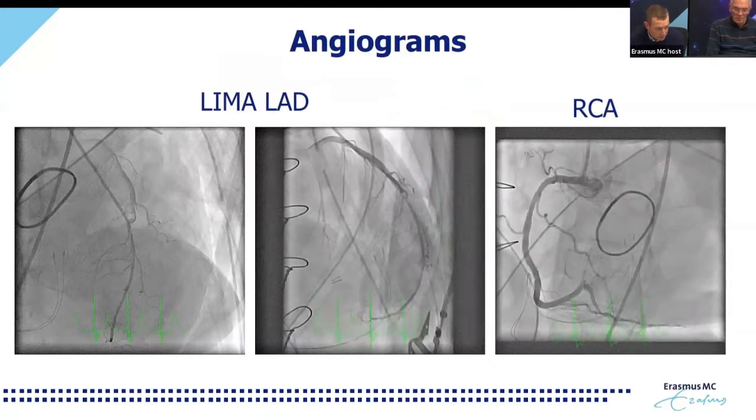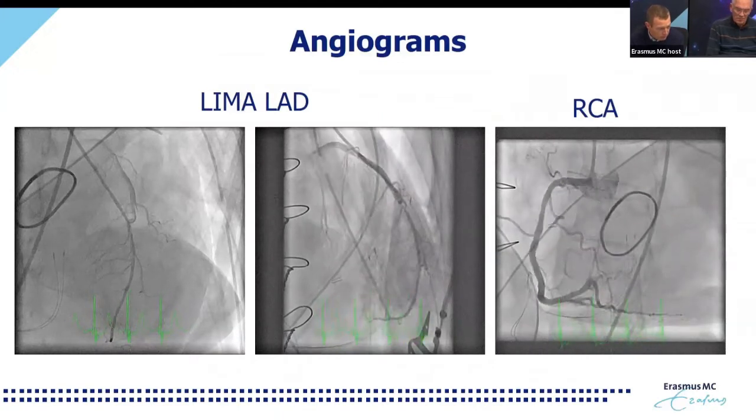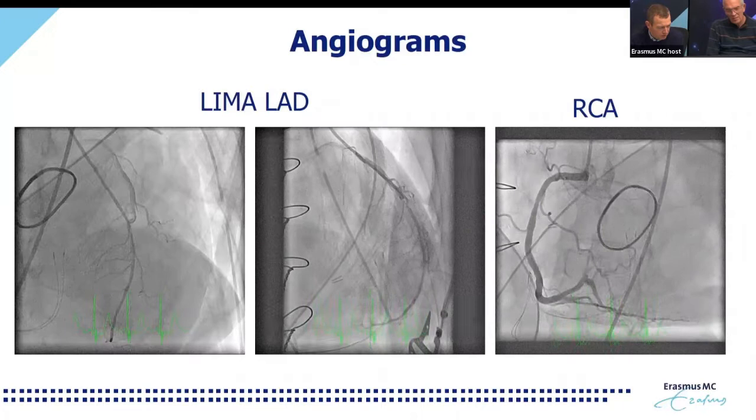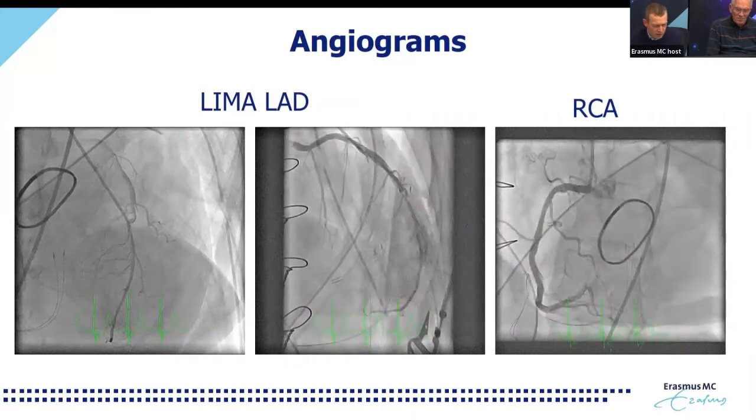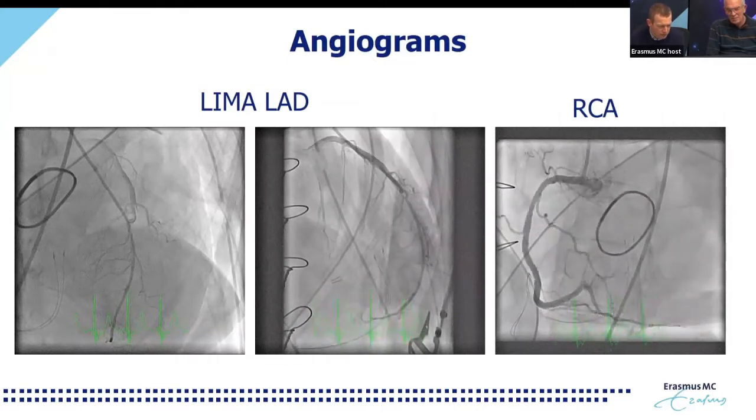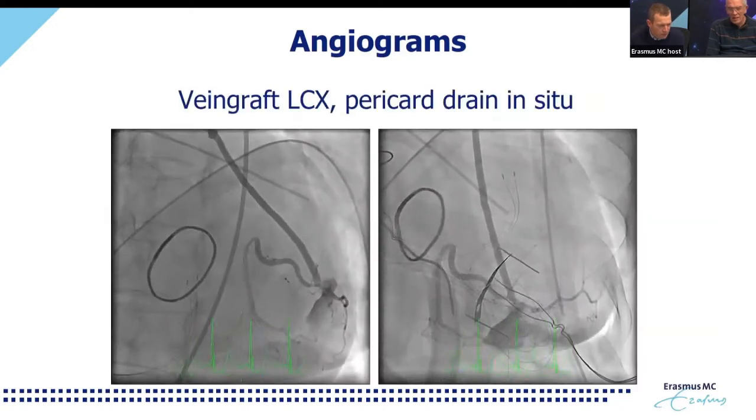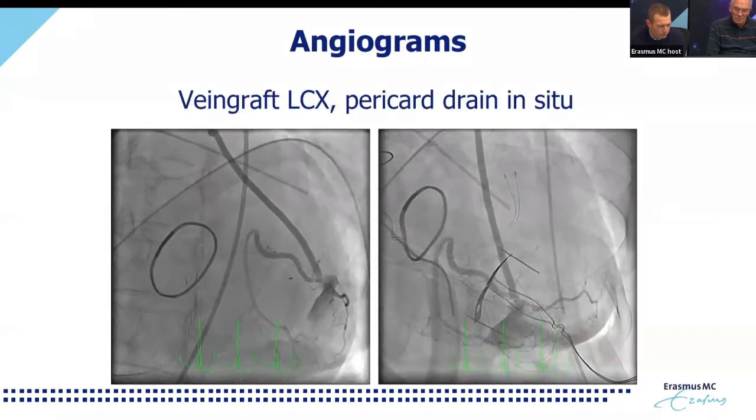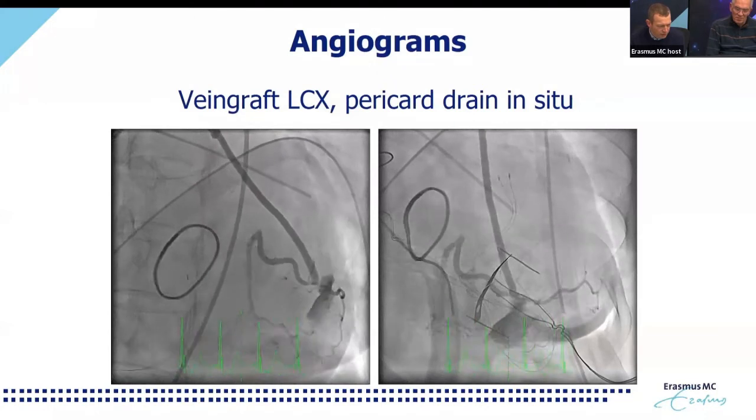Anyway, this patient was brought to our lab and was filmed. We started with the LIMA that was nicely patent. We apologize for the short loop on the left side, and the RCA was slightly atherosclerotic, but at least nicely patent. But then, if we continue, we can first see already that the venous graft was patent on the